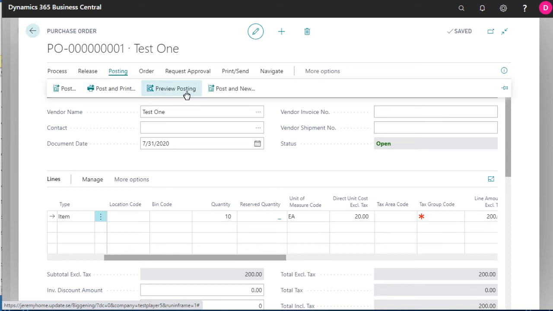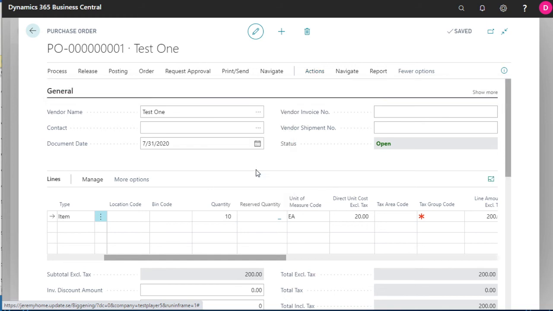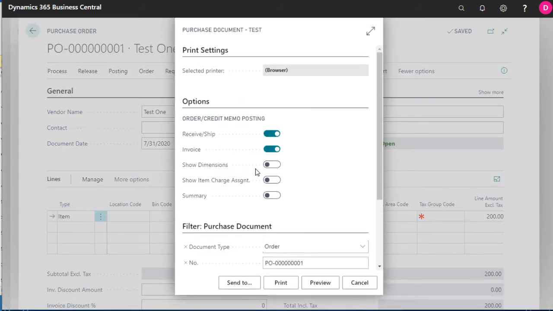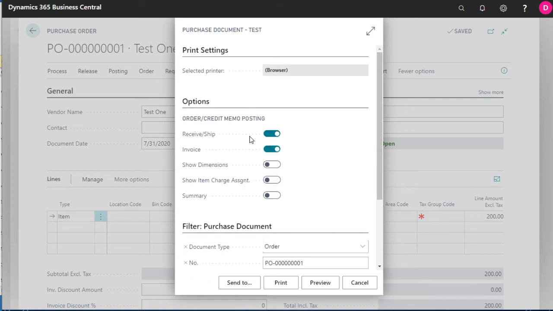If you haven't used it yet, there is the ability to preview post, and hiding under actions posting, you can also do test reports. It's a little buried these days. I like the test reports. I think they give you a lot more detail info if anything is missing. And you can choose, are we just going to try to receive it, or are we receiving and invoicing it? So I'm going to say,